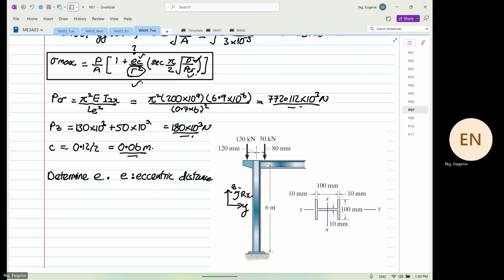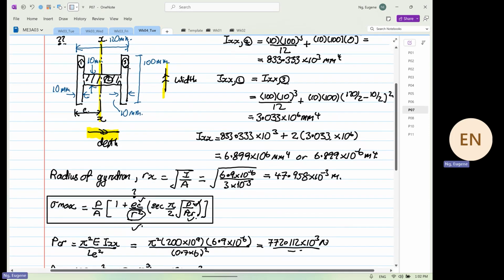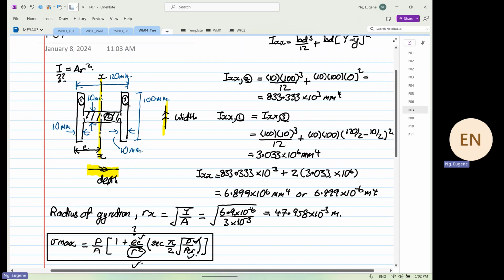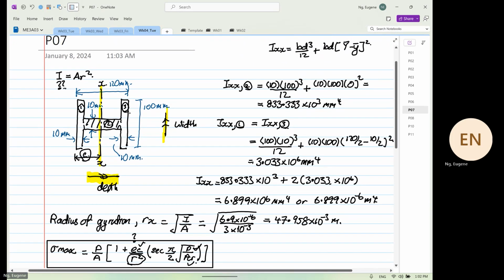Yes. Because C is the furthest distance away relative to the centroid. Why? Because the furthest distance away from the